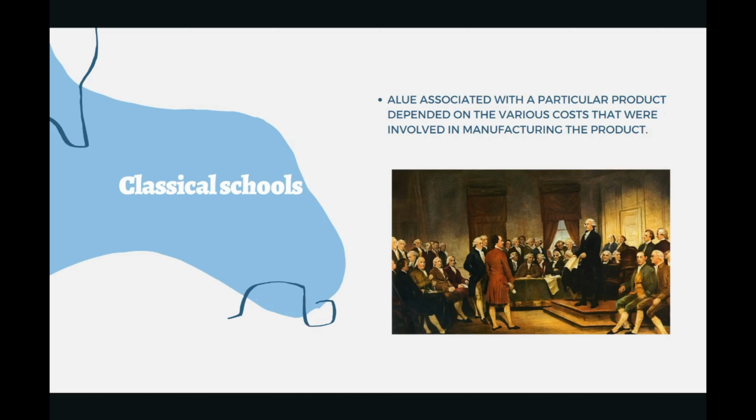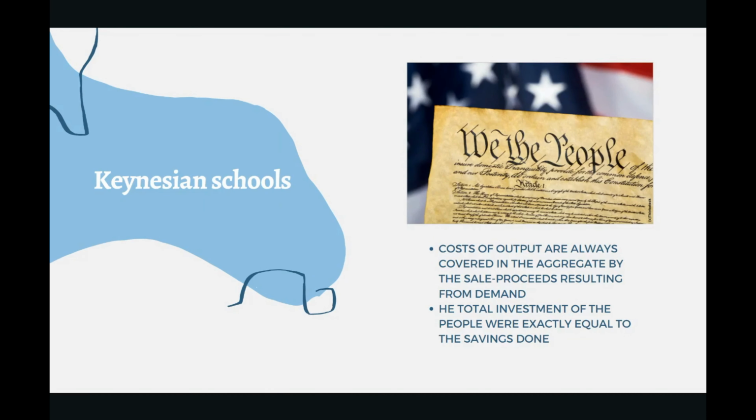Then what about the Keynesian school? Keynesian economics was developed by John Maynard Keynes. He is a British economist whose revolutionary ideas changed the future of economics forever. He compelled governments to change their economic policies by viewing the school of thought differently. He worked on the causes of the business cycle. So, right now Keynesian economics rebuts classical economics.